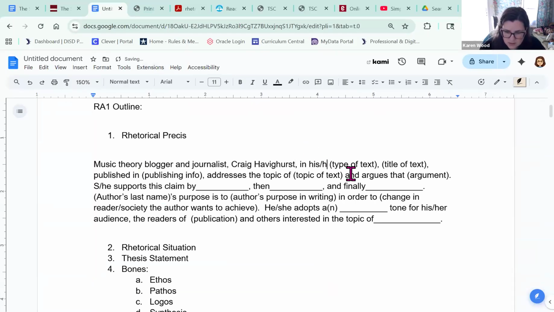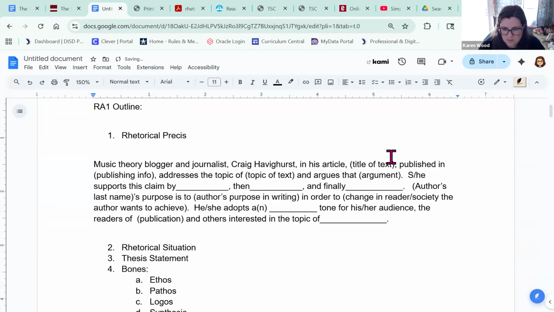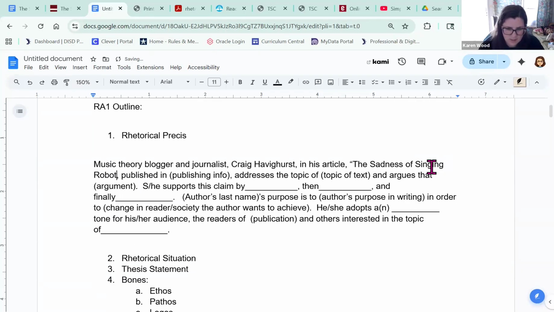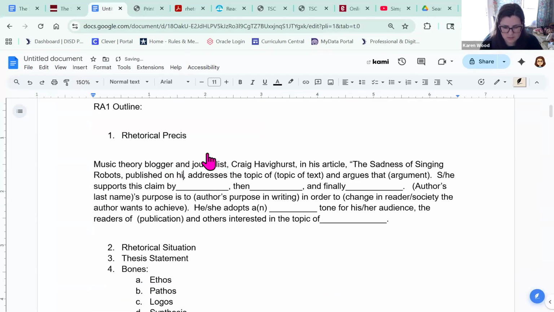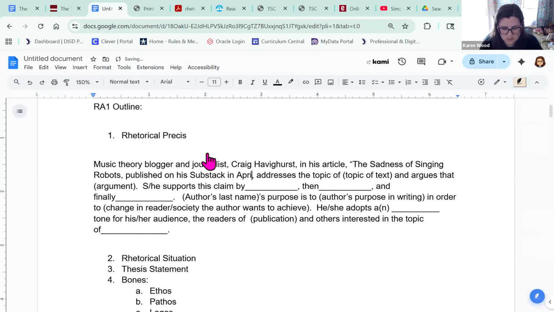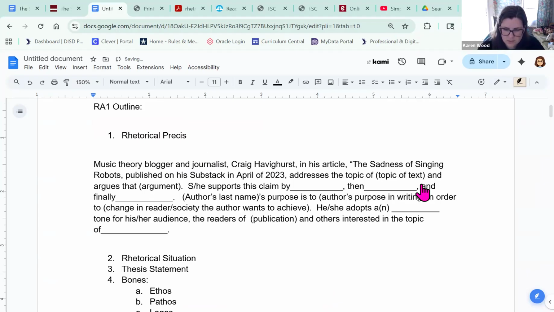In his article, "The Sadness of Singing Robots," published, now I'm going to put his Substack, in April of 2023, addresses the topic of AI generated music and argues that